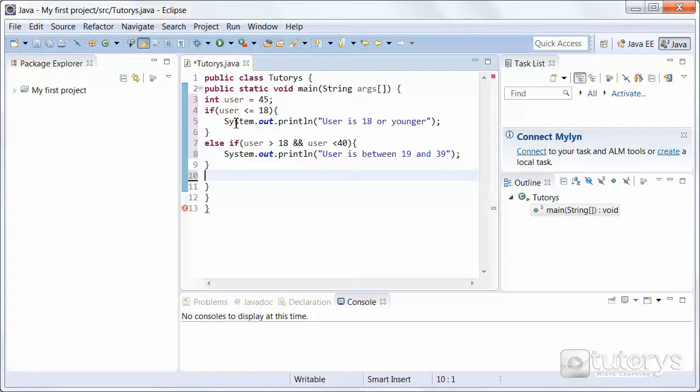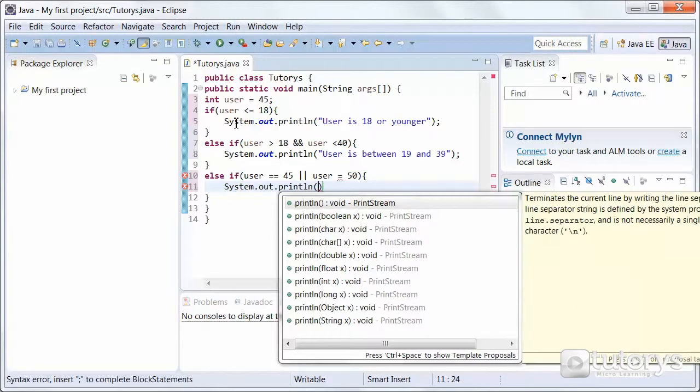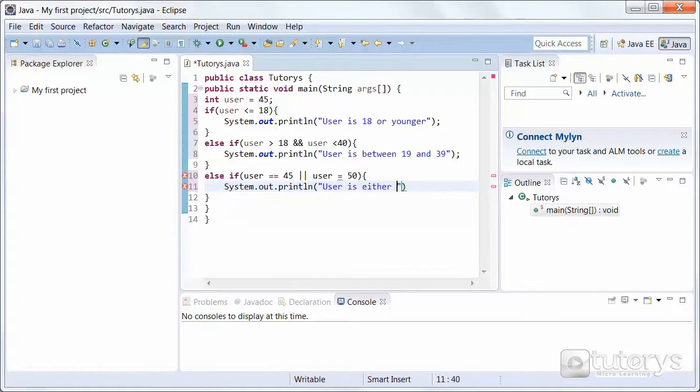New conditional statement. Else if user is equal to 45 or user is equal to 50. Let's open up our brackets. System.out.println: user is either 45 or 50. And then we'll finish our program off by closing, sorry, we have to close off our clause, and then we'll finish off by typing this condition, else,